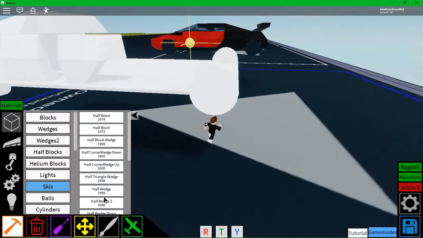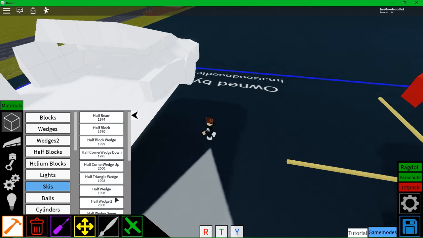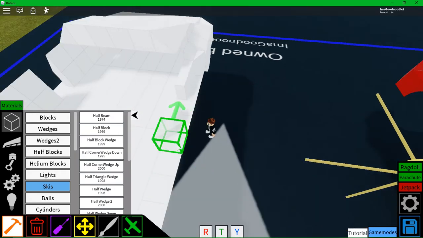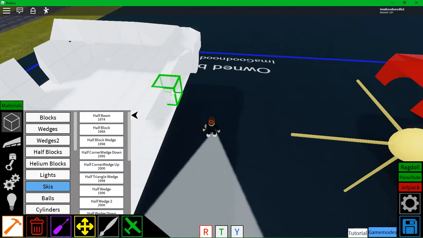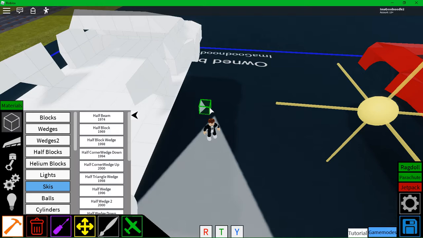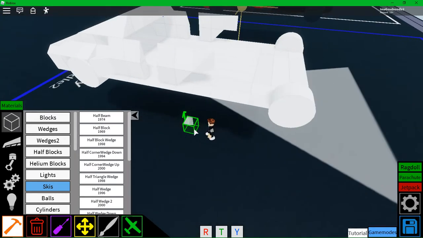Now let's quickly copy this on the other side. There it is. Wedge. There we go. Now I'll get a half wedge down. Place them all along here. Then you want to get a half corner wedge down. Essentially copy what you did. Okay. Now that you've done that, you want to get another half block wedge, and you want to place it